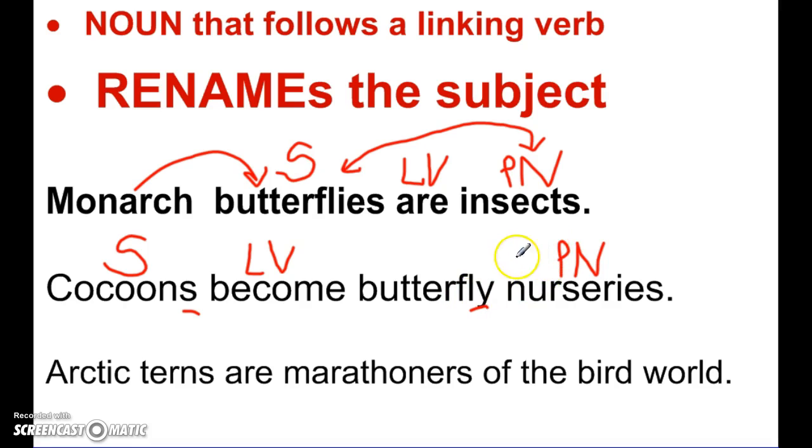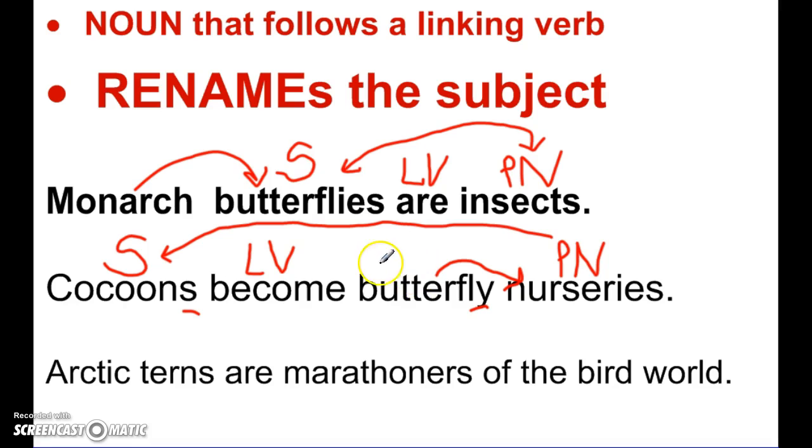It's when butterflies are babies. So I've got a noun that renames what those cocoons are. It actually sounds like a metaphor too. It's a figurative way of describing what a cocoon does. Now I do see I've got butterfly left here. Let's think about what butterfly is doing in the sentence. It's an adjective the way it's being used. It's describing the nursery. What kind of nursery? It's not a plant nursery or a baby nursery. It's a butterfly nursery. So here's my adjective.